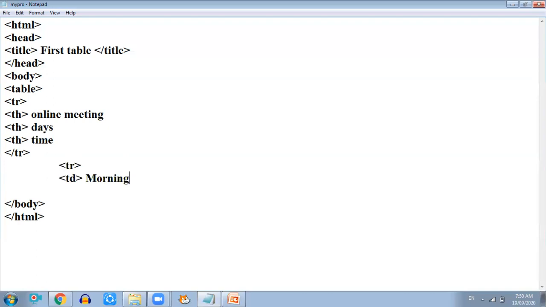Then again we will do td. Next line we will do td. Again next table data, and that is on Saturday. We have class generally on Saturday. Okay,